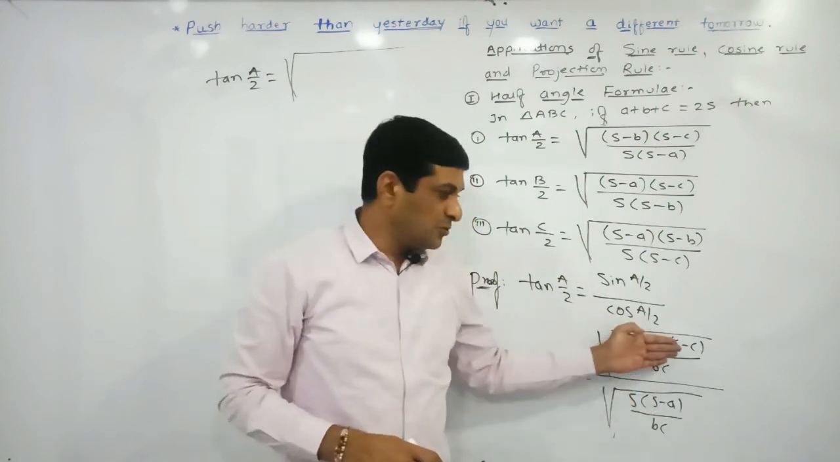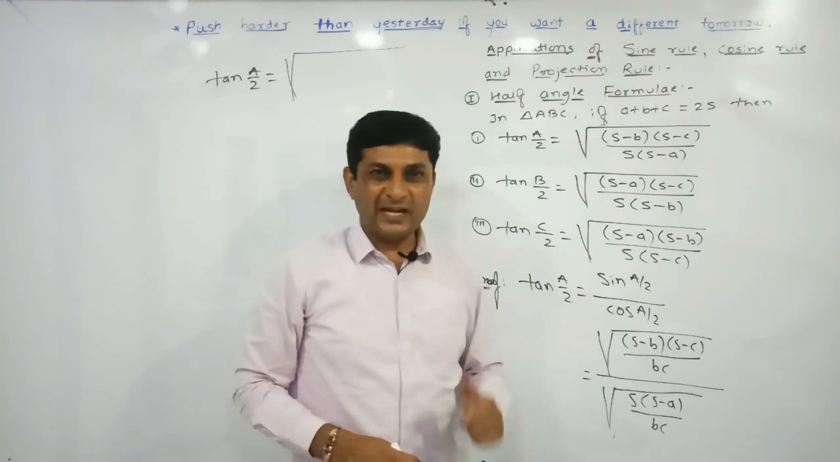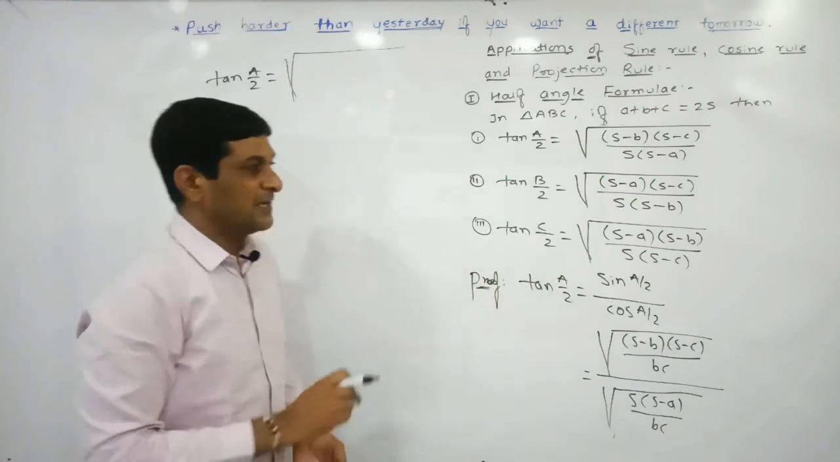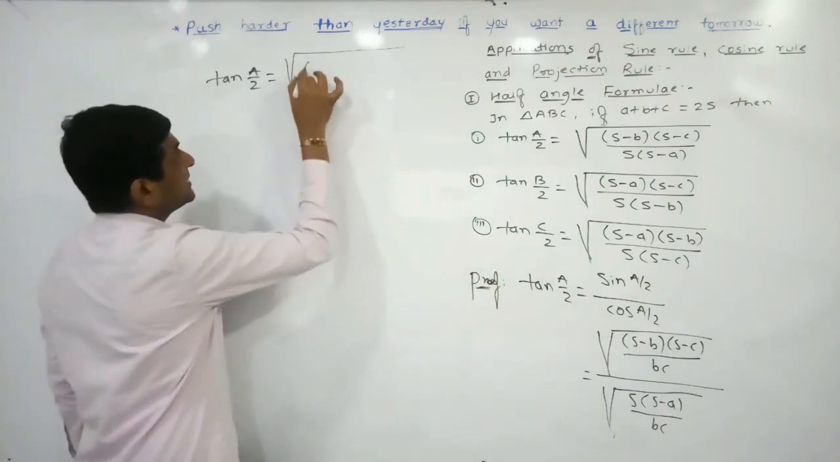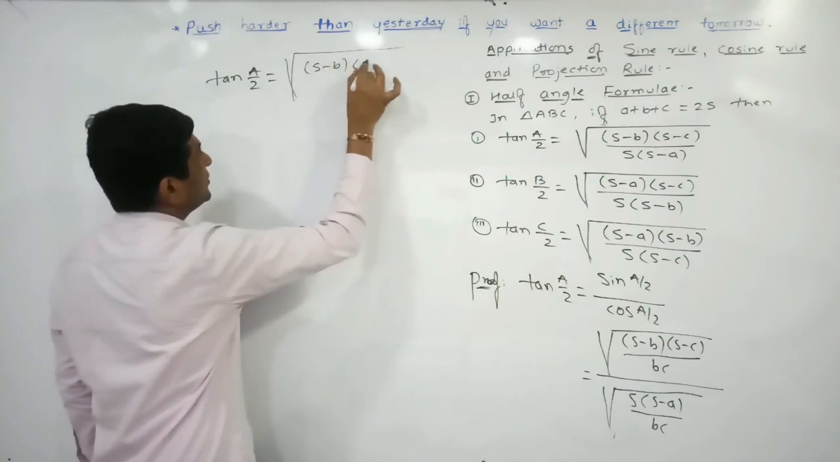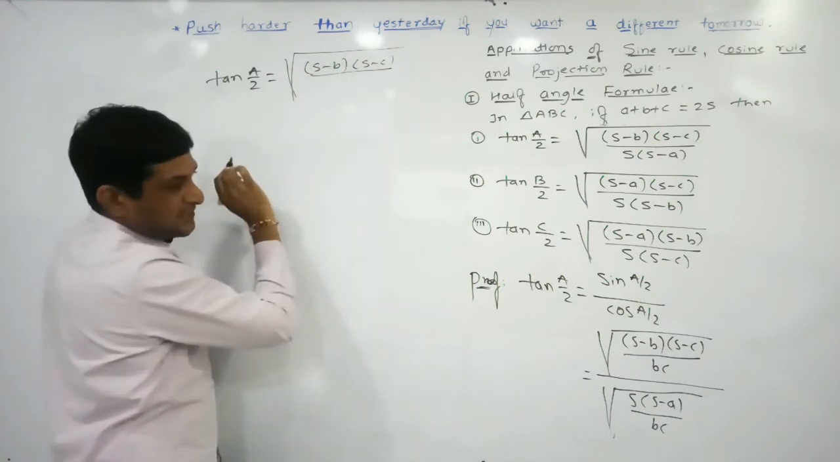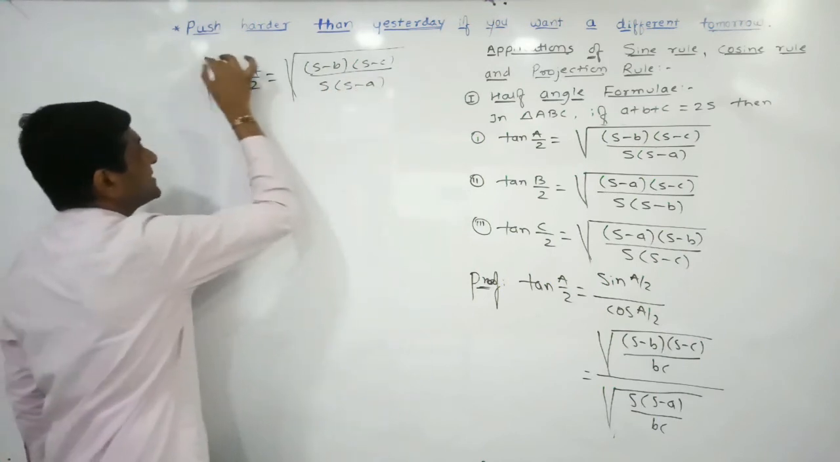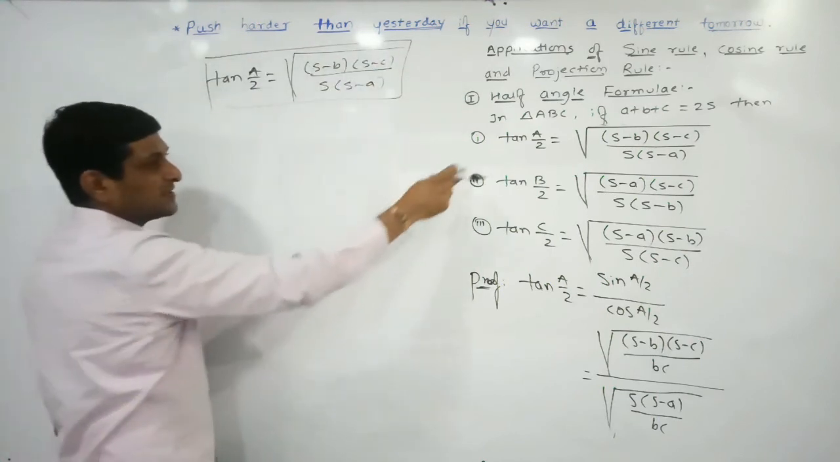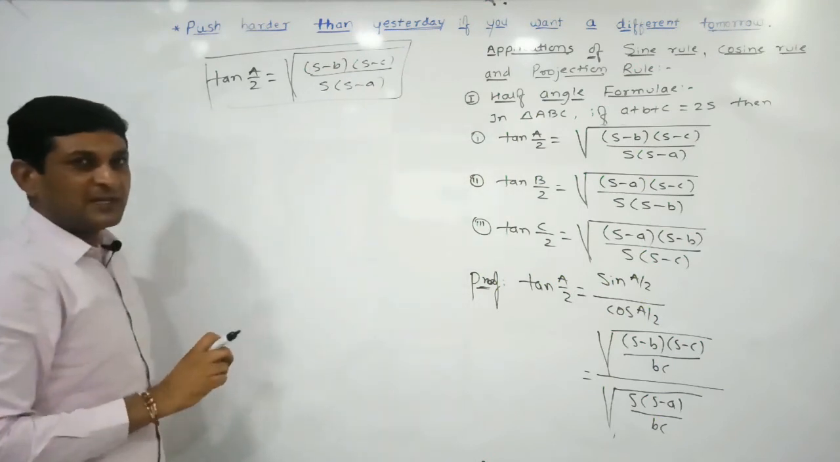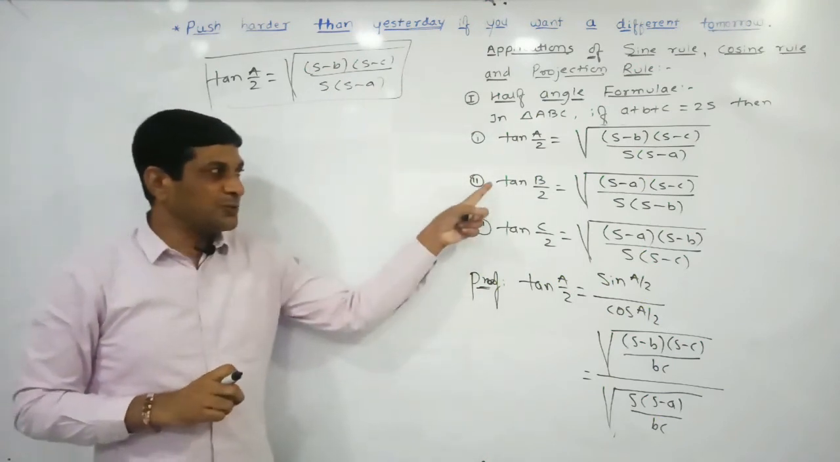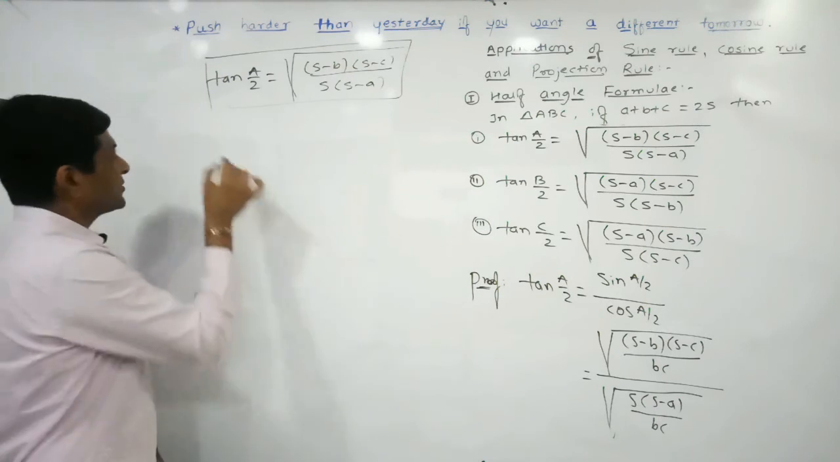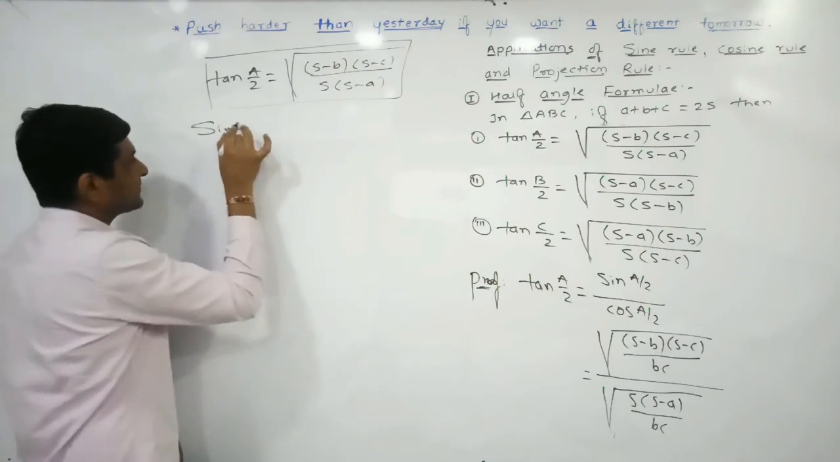Now we know that root a divided by root b can be written as root of a upon b. So here it can be written as under root s minus b into s minus c divided by s into s minus a. And this is the result which we have to prove here. This completes the proof of the first formula. Same method we are applying to prove the second and third formula. So that's why I write down similarly